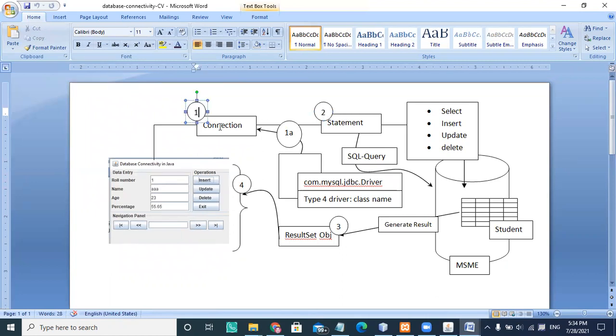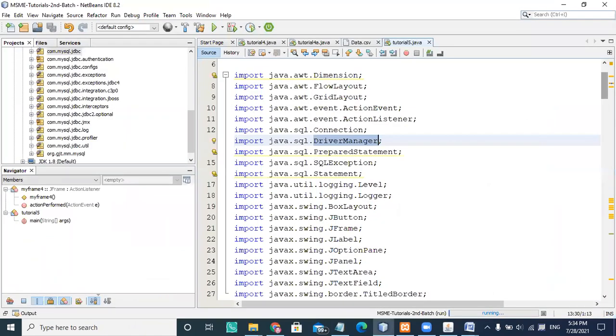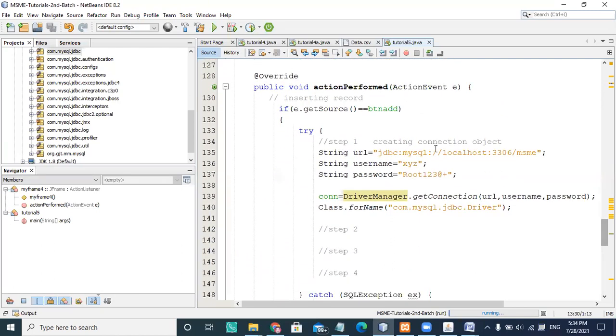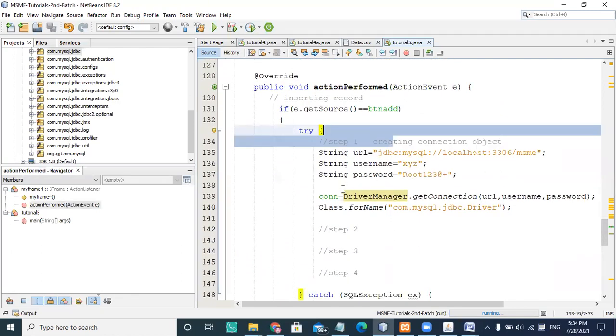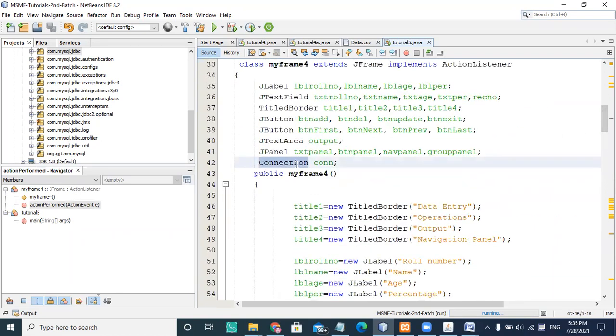The first is we have to create a connection interface instance. Okay, so there is a connection interface. If you look at the first step here, in that step one, we are creating a connection object. I already created it here, and this is my connection object.